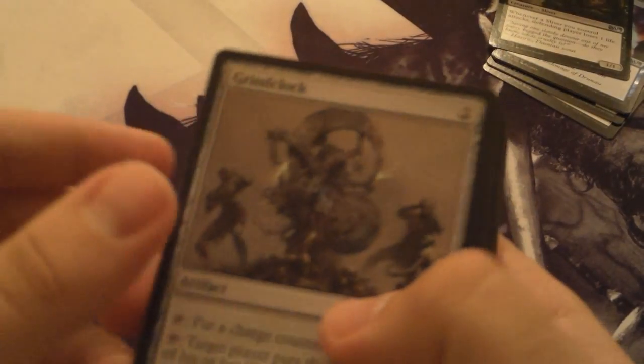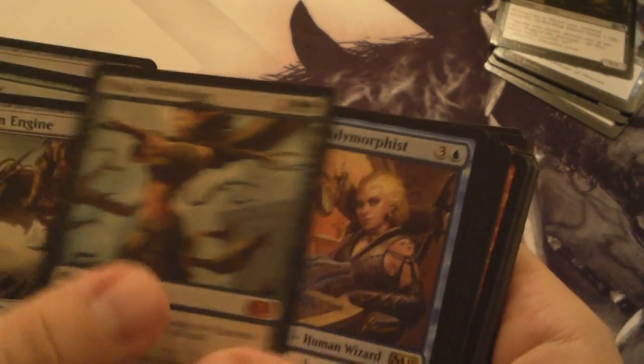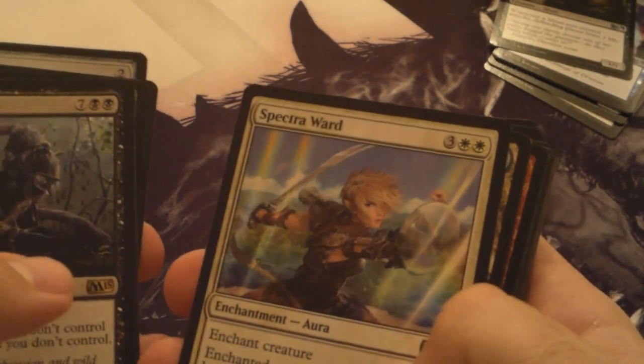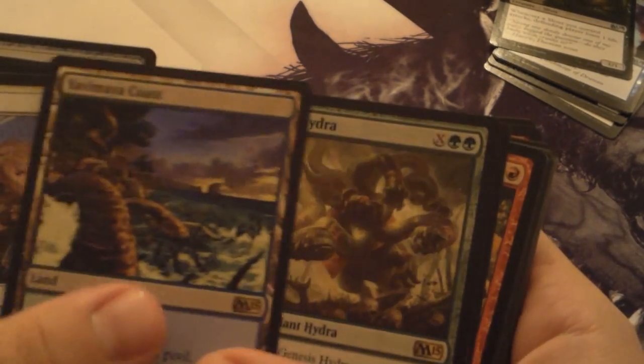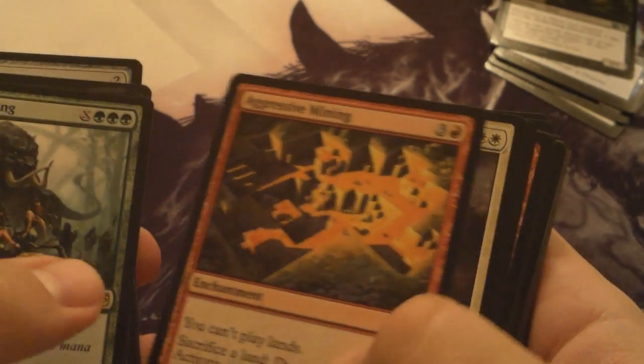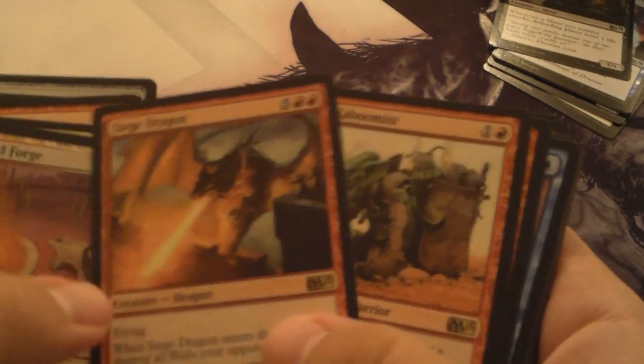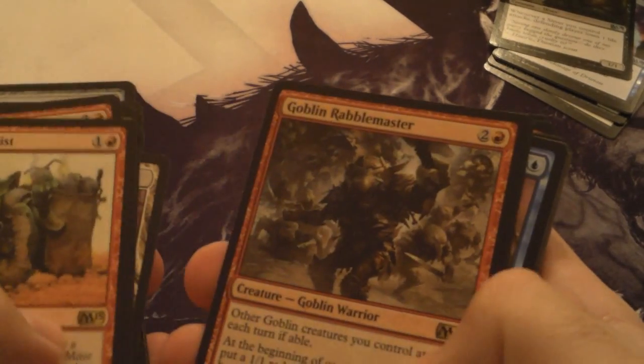And then finally, for our rares, we have a Grind Clock, a Life's Legacy, Scuttling Doom Engine, Nissa Worldwaker, a Jalira Master Polymorphist, Ingot Chewer's Wake, Spectral Ward, Yavimaya Coast, Genesis Hydra, Chord of Calling, Aggressive Mining, Soul of Theros, Battlefield Forge, Siege Dragon, Goblin Kaboomist, Goblin